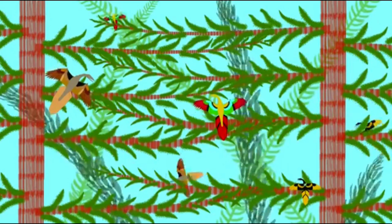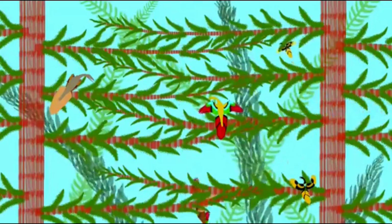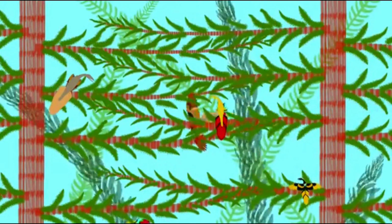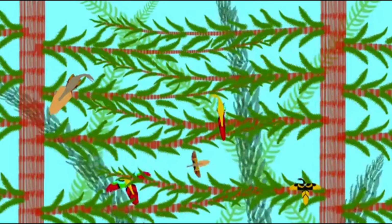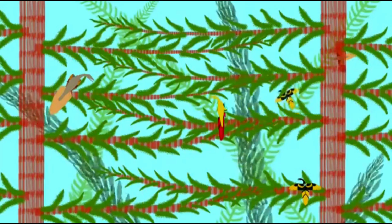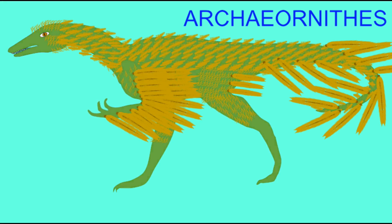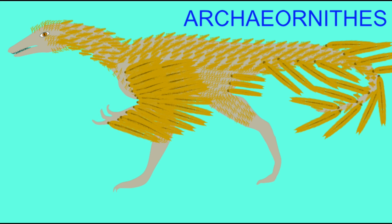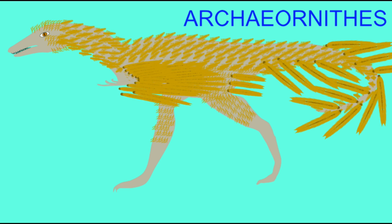By the middle of the Mesozoic era, there were a number of theropod dinosaurs which were small, possessed not only downy feathers but also flight feathers, and could potentially glide or even fly to a limited degree. But there were also then the first birds, and Archaeopteryx is recognized as the earliest bird because of a number